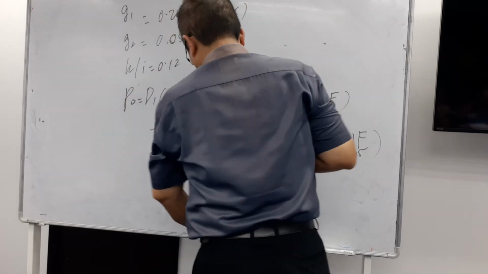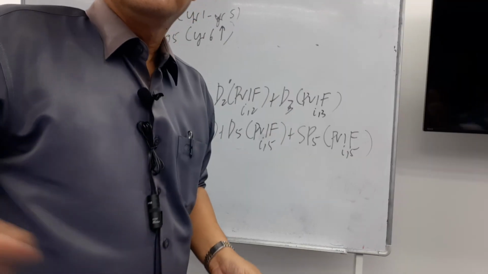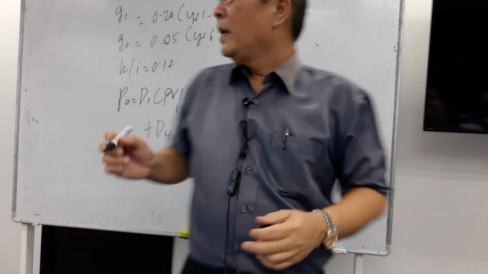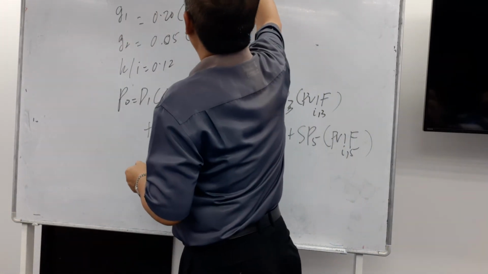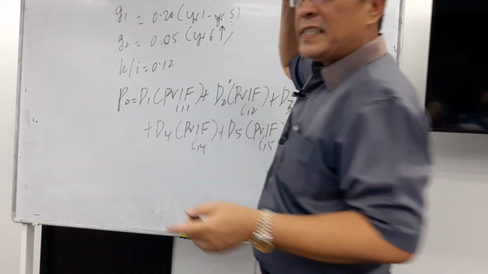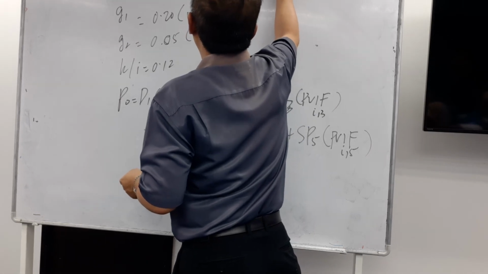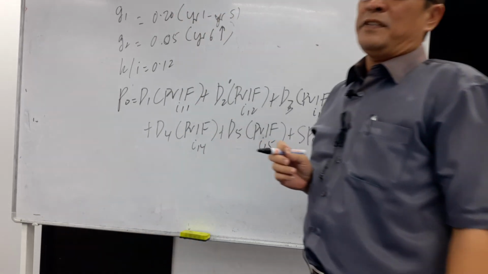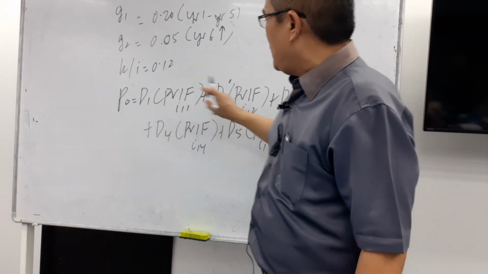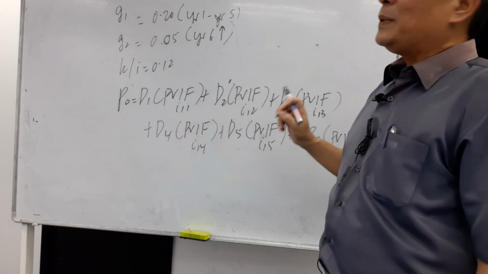Let us start with D0. D0 is 0.53 or 53 cents. We have to calculate D1, D2, D3, D4, and D5. And we are given